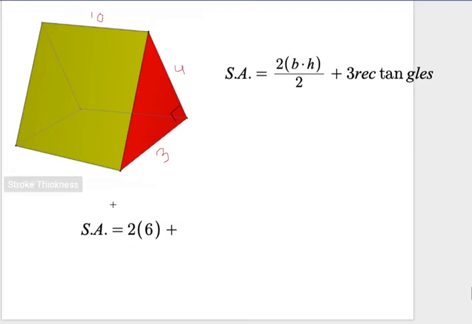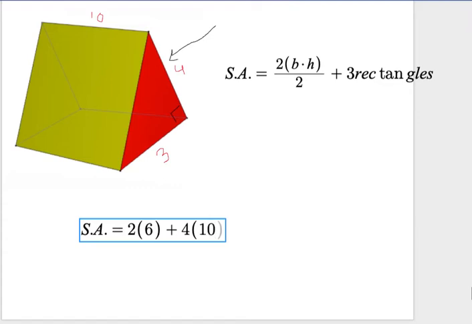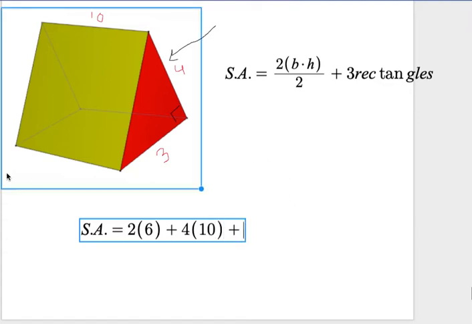Now I'm going to start with this one, okay, that's kind of hidden behind here. That's got a length of 10, and this length is 4. So that's going to be 4 times 10. So I'm going to have 4 times 10 plus, okay, now I'm going to find the one that's